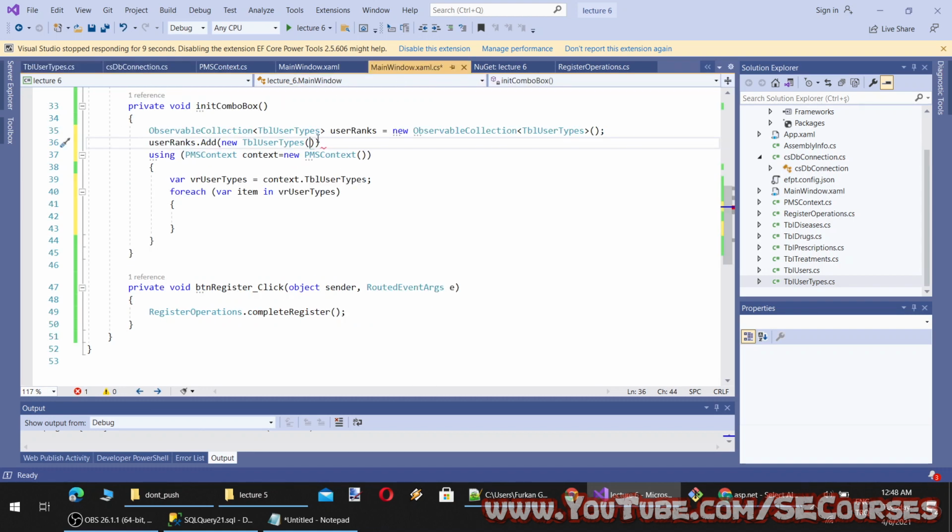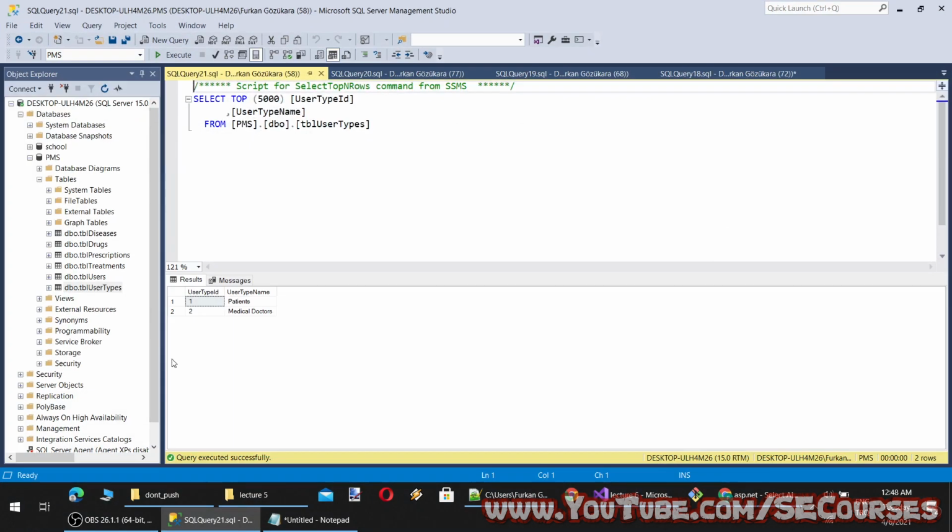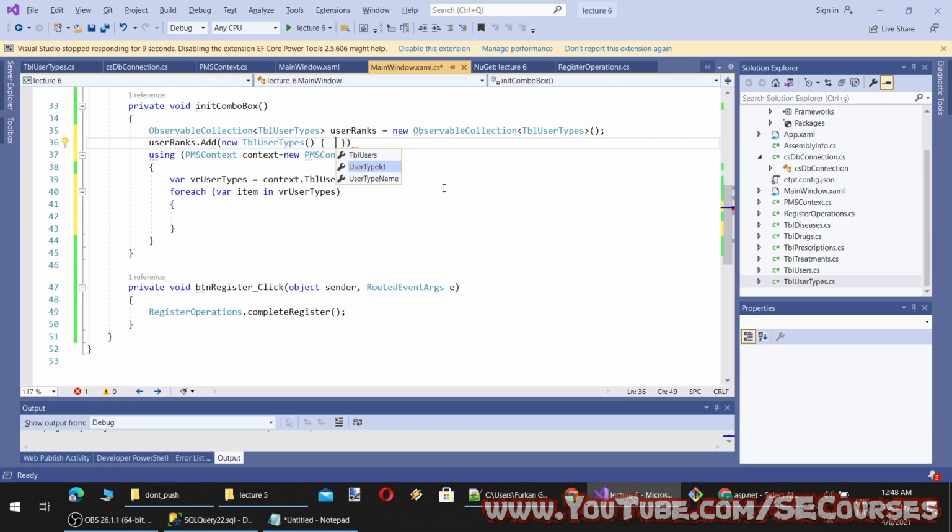Okay, so when we say this, why can't I set the values here? Oh, I can set it. So here I will set the user type ID as 0 and the type name as "please pick user type". Okay. So this will be a string.